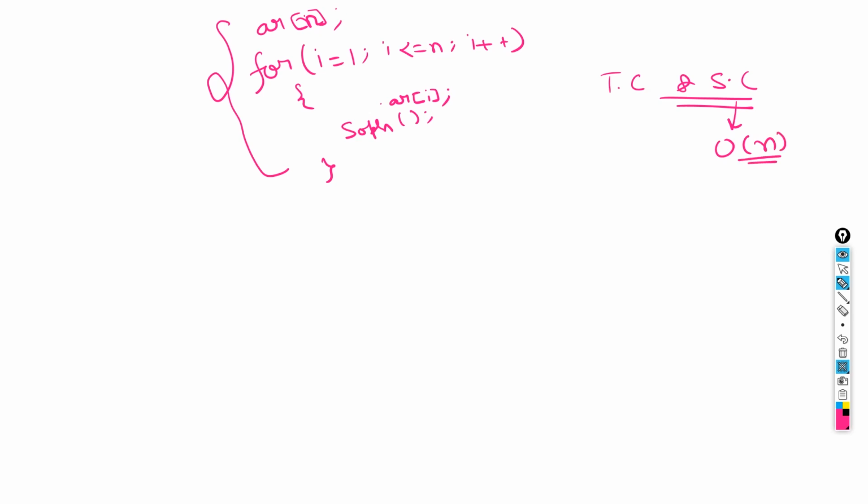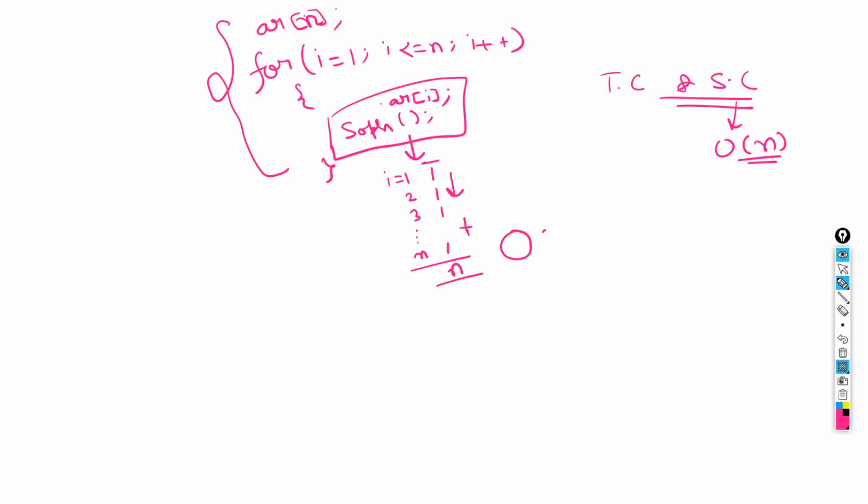Now what is the time complexity of this algorithm? As I mentioned in my previous video, we first have to go to the most basic statement, which is this, and see how much time this is taking, or how many times it is executed. When i is equal to 1, this is executed 1 time. For i equal to 2, this is also executed 1 time. When i becomes 3, also 1 time, and this goes up to n, executed 1 time. If we add all the times it is executed, it turns out to be n, because 1 plus 1 up to n times is nothing but n. So we can say the time complexity of this is big O of n.